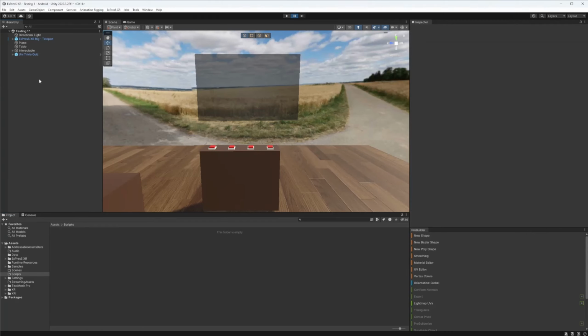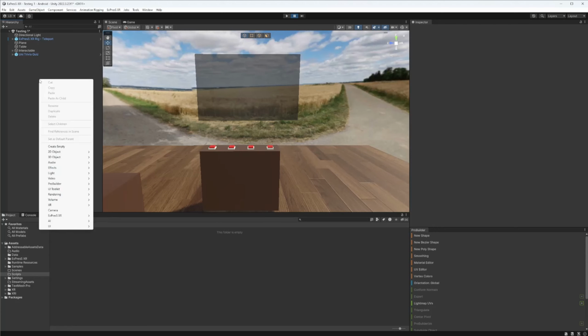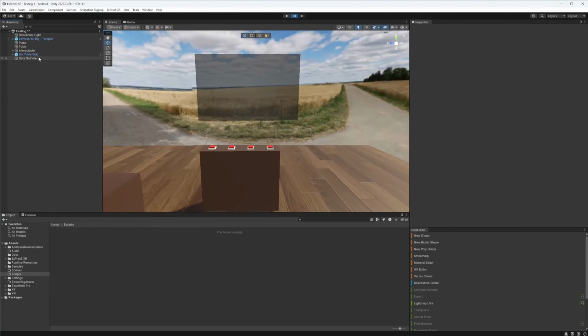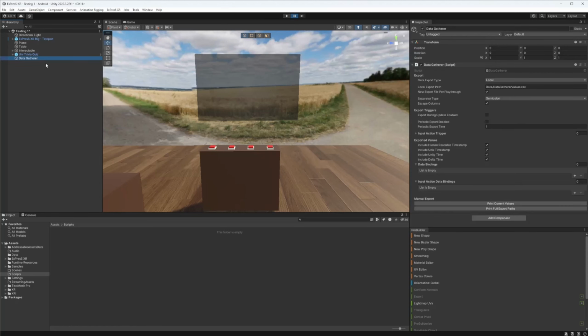A data gatherer can be added by right-clicking in the hierarchy and selecting ExpressXR and then Data Gatherer. As you see, this created a new game object with the Data Gatherer component attached to it. Its inspector is divided into multiple sections through which we will be going one by one, starting with the export